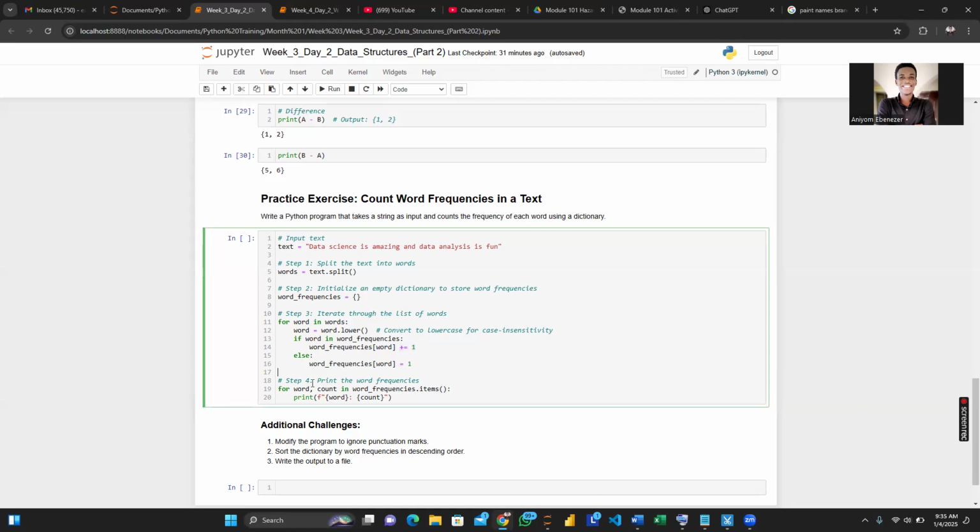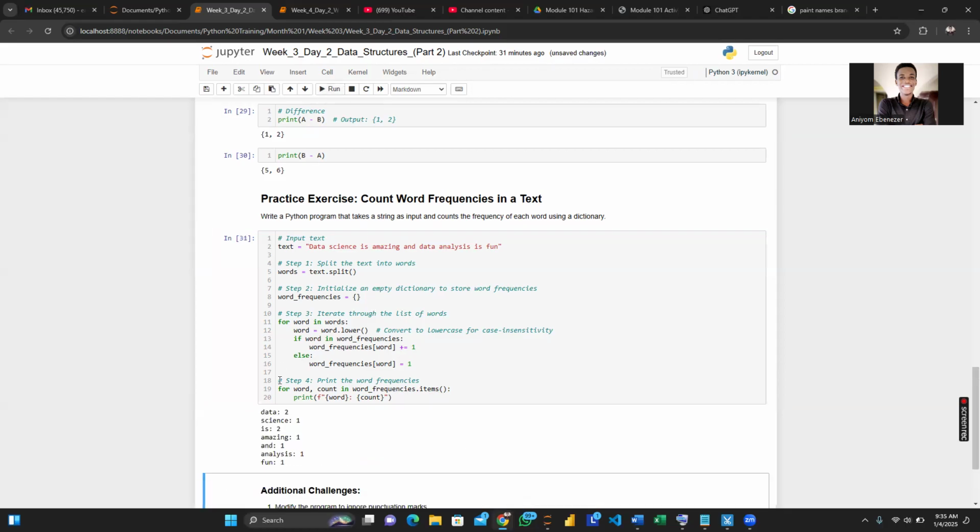Then step 4 is what? Print the word frequency: for word, count in word_frequency.items(), print word and count. So if we run this, you see that data appears twice. We have data here, we have data here. It appears twice. And then we have